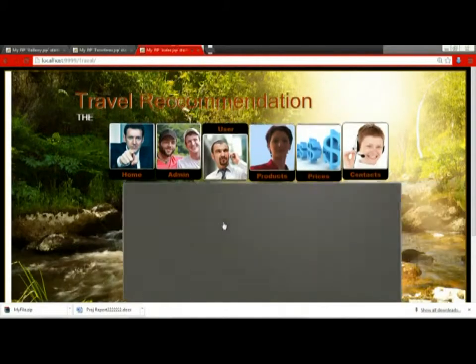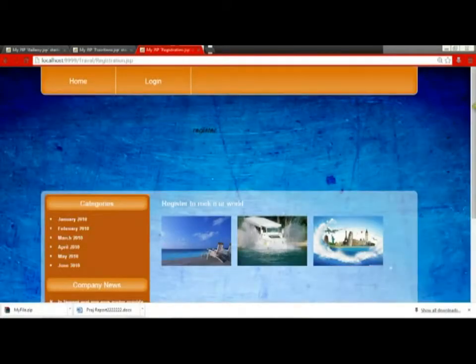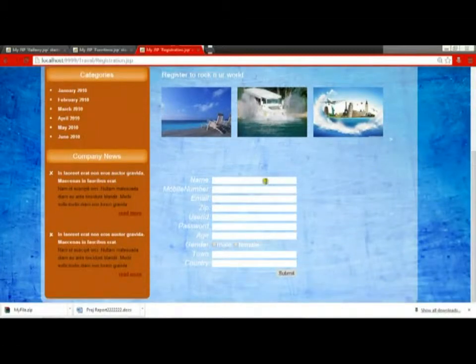We have to click on user and then click on register, and then we have to give our personal details like name, mobile number, email ID, zip, user ID, password, gender, and town and country in order to register for the travel recommendation page.